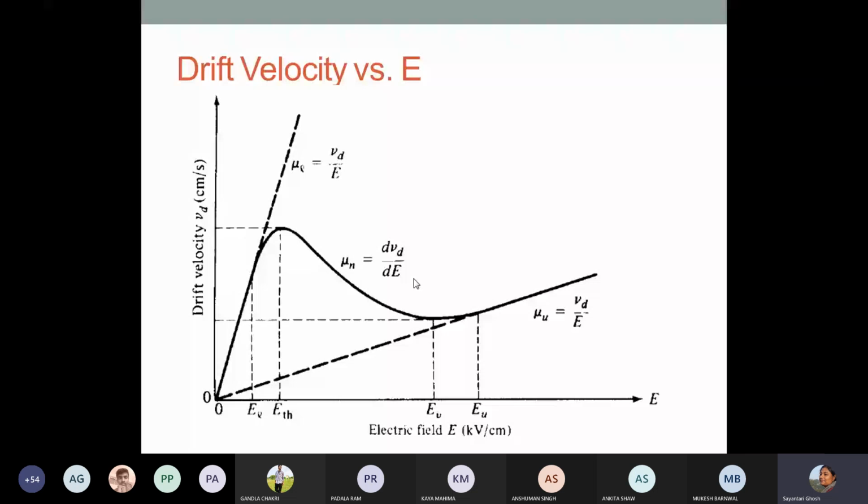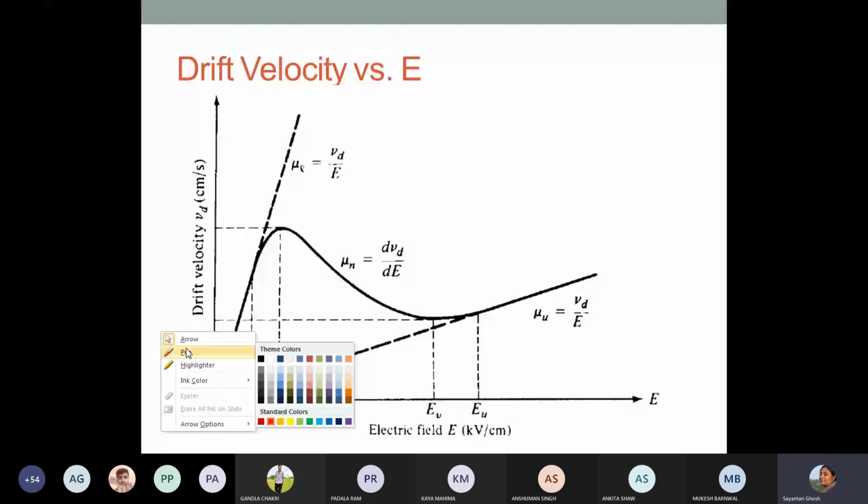And these two straight lines that we have here basically point out the mobility at the upper valley and the mobility at the lower valley, which are fixed. If all of them are in the lower or upper valley, then I am supposed to get a straight line. But in the intermediate state, where some of them are in the lower valley and some of them in the upper valley, the switching is happening, and at that point the curve turns and starts decreasing to achieve this other slope.